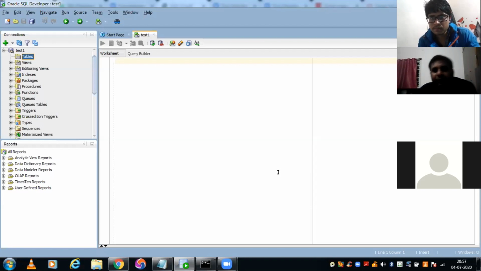And why I prefer to go with SQL developer, one thing is that I don't have Toad right now in my system. Another thing is that, as you said, 90% of the places you will find SQL developer being used. So if people get trained on SQL developer, it would be easier for them to go somewhere and find a familiar tool. They will not feel strange. They know SQL, PLSQL functionality, but it would be tough for them to find where to run the query. So we can get familiar with everything, but use those which are being used everywhere, like SQL developer.